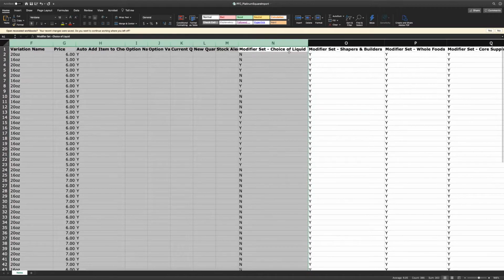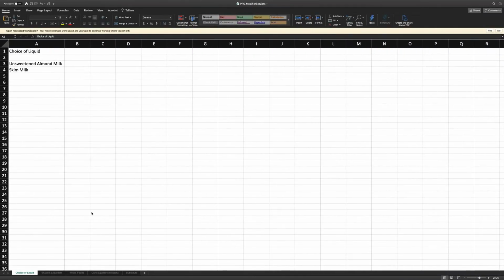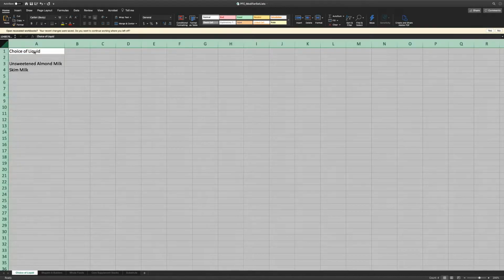Then we get into our modifier sets. Again, we want to make sure that these are going to match with what we create in our Square instance. So let's just get into setting that up now. Let's start with choice of liquid. On our list, I've got my tab for choice of liquid. I can come up here, just so that I know that I match, and